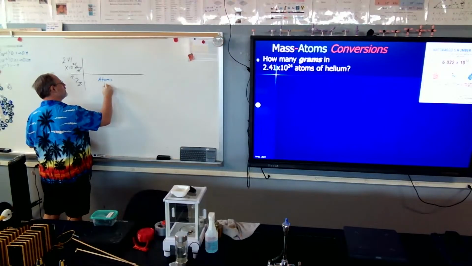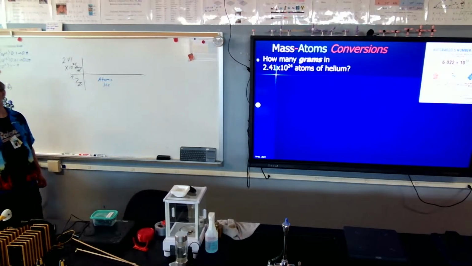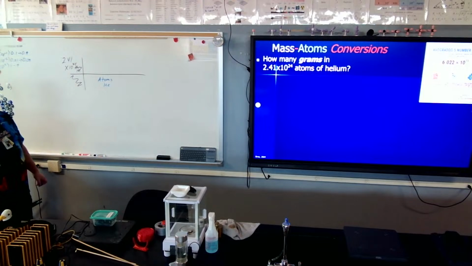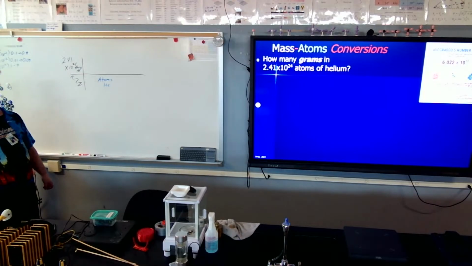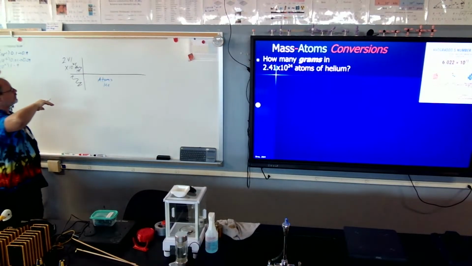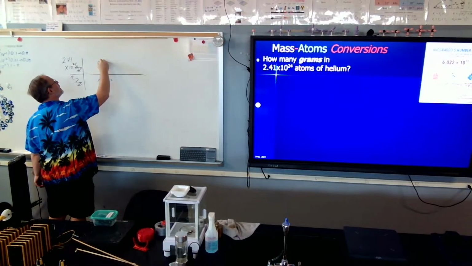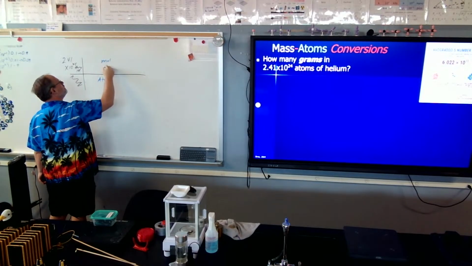Atoms of helium. And as great as it would be to convert from atoms to grams, that would be like jumping over the river. We can't do that, it's too far. So we have to build a bridge, and that bridge is the mole. So we're going to take our atoms of helium and we're going to convert to moles of helium,